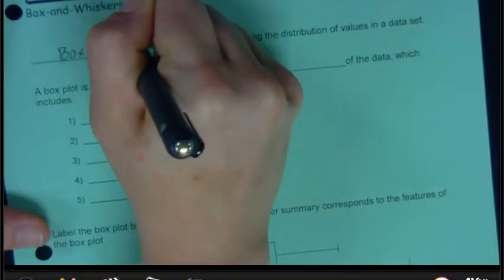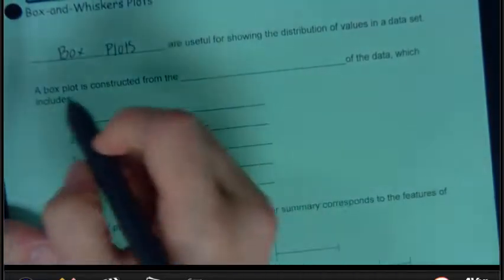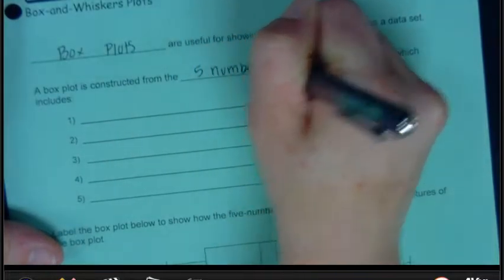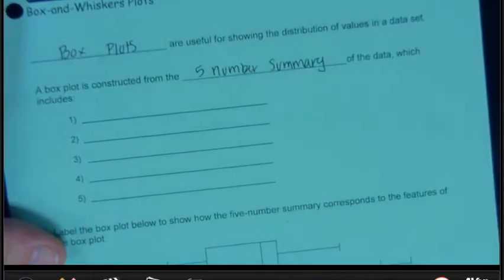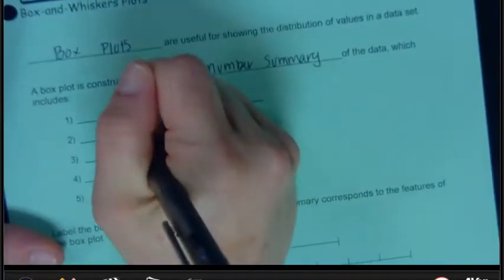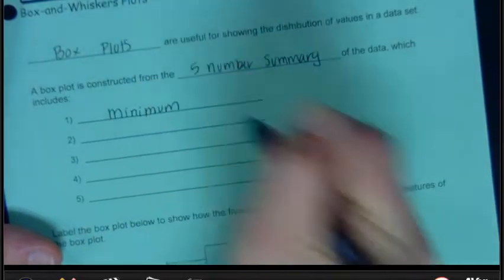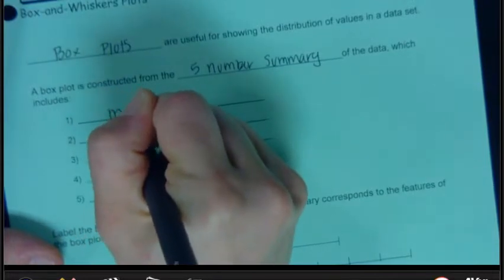All right, so box plots are useful for showing the distribution of values in a data set. A box plot is constructed from the 5-number summary of the data, which includes my minimum, my lower quartile,